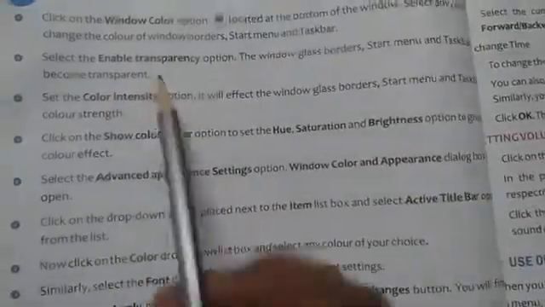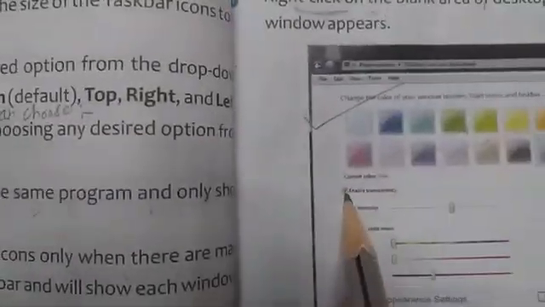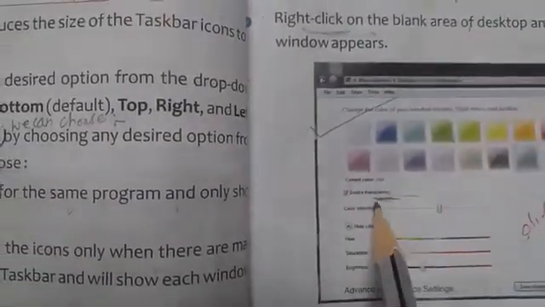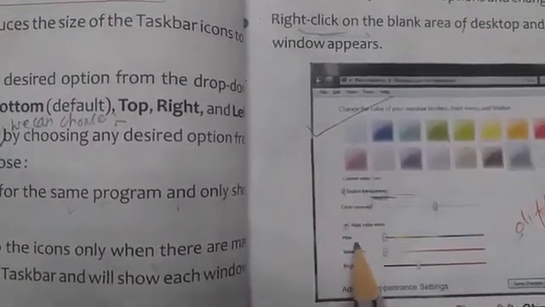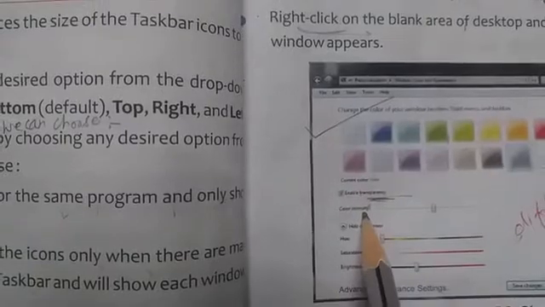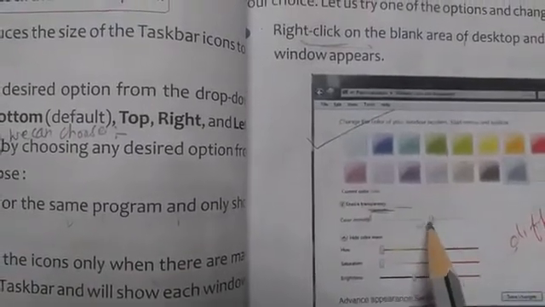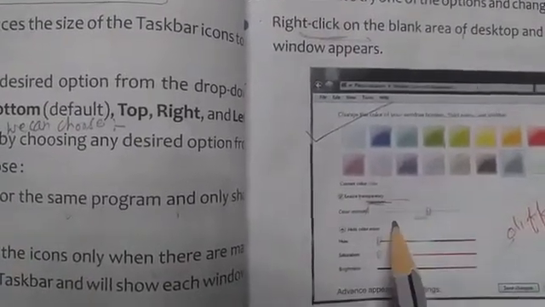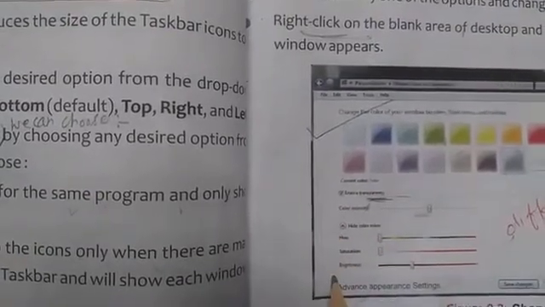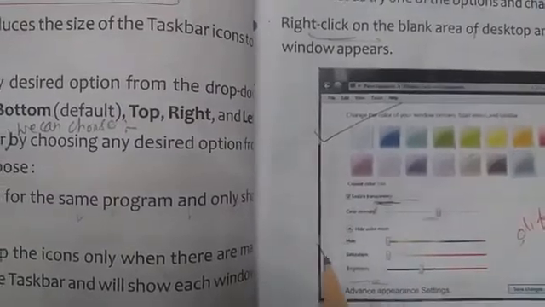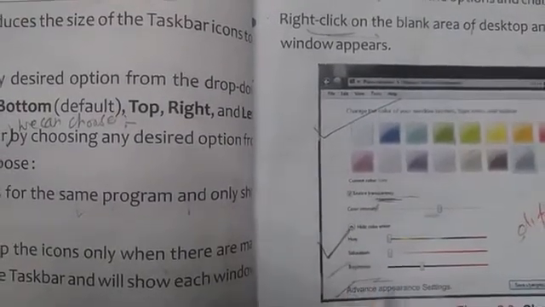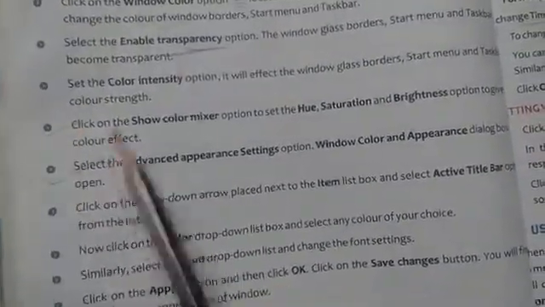The next option is Enable Transparency. Here is the Enable Transparency option. We can choose this option to make our window taskbar transparent. And next we have color intensity, means color हमने डार्क करना है या लाइट करना है, that one we can choose. Then there are multiple color options, that is hue, saturation and brightness. According to our requirement we can change these options also. So these points I have discussed with you.